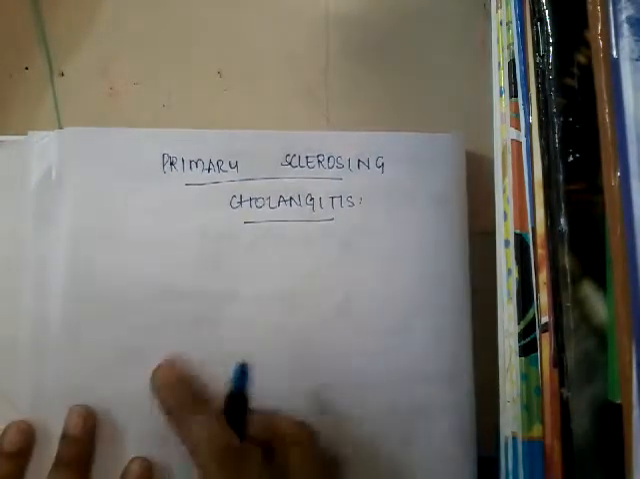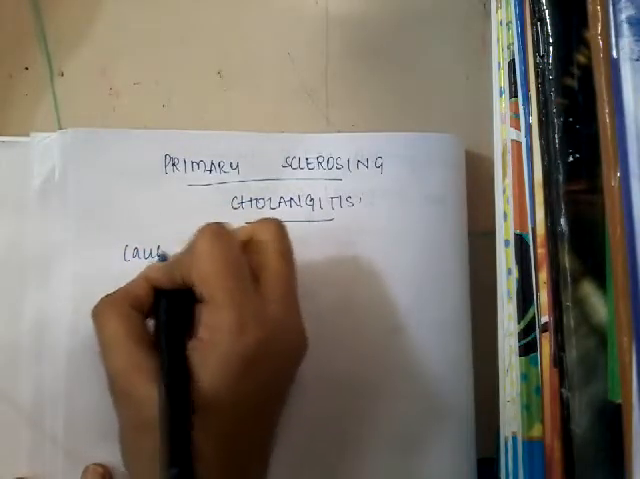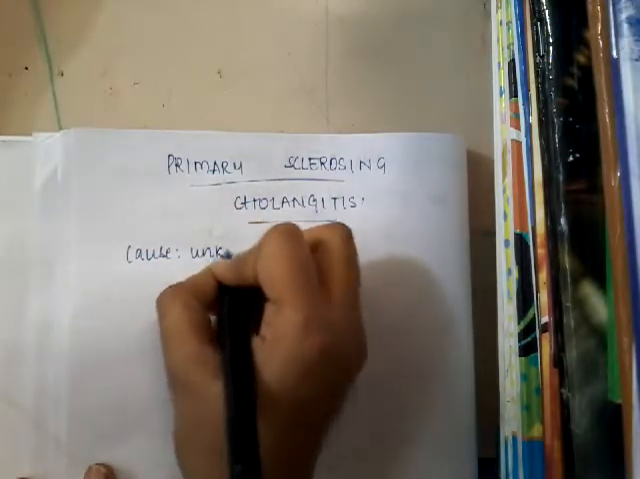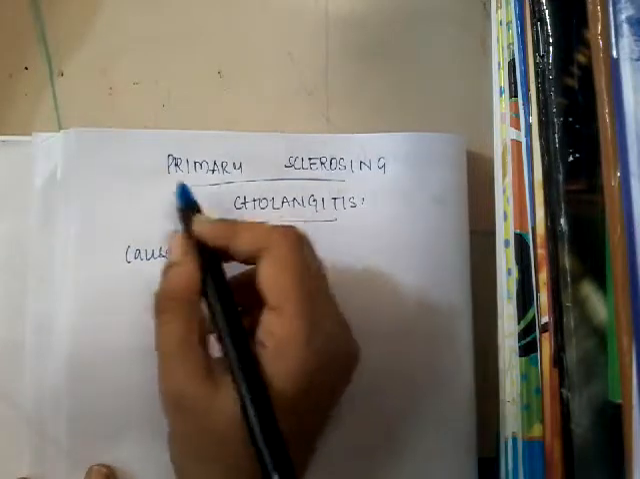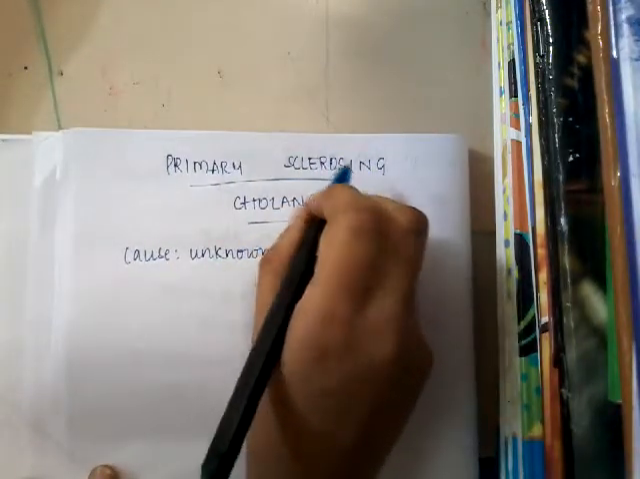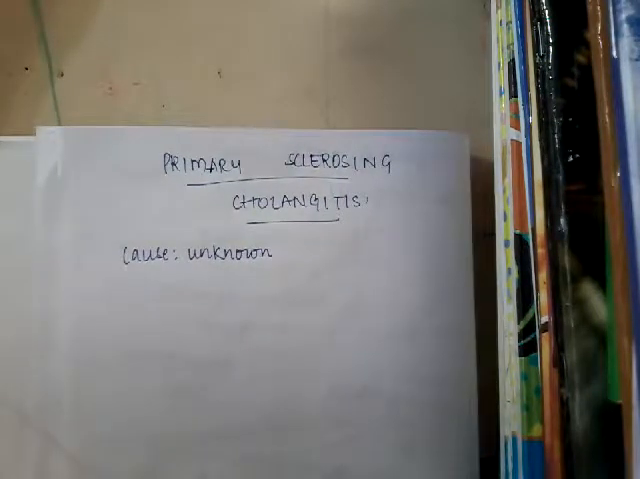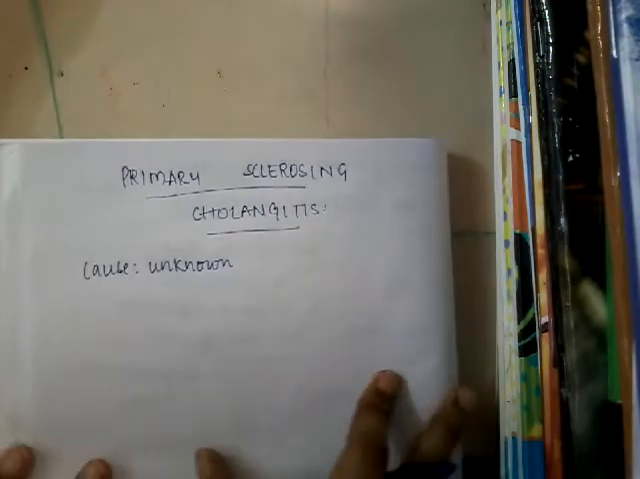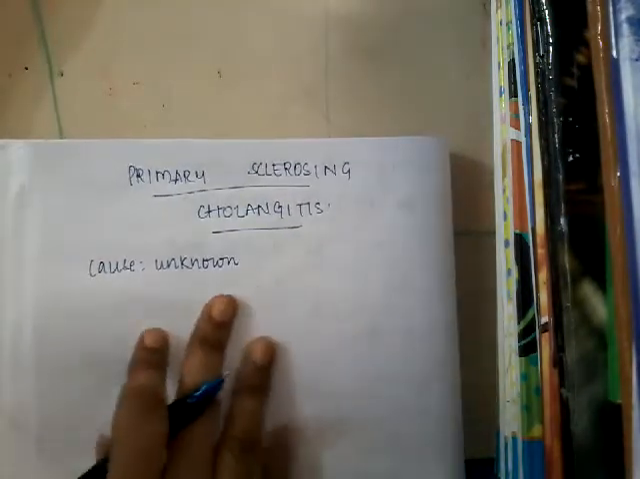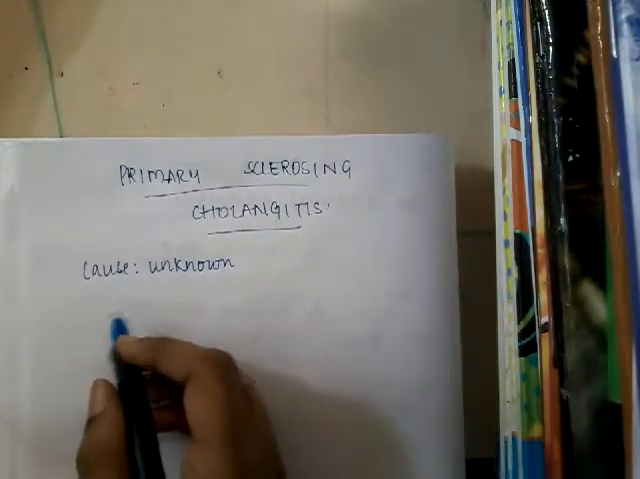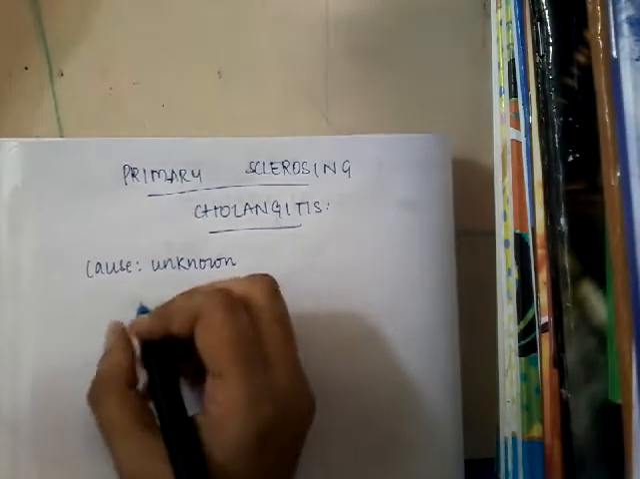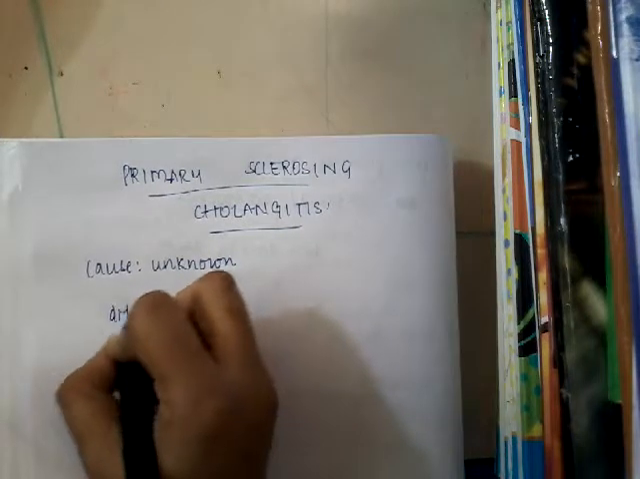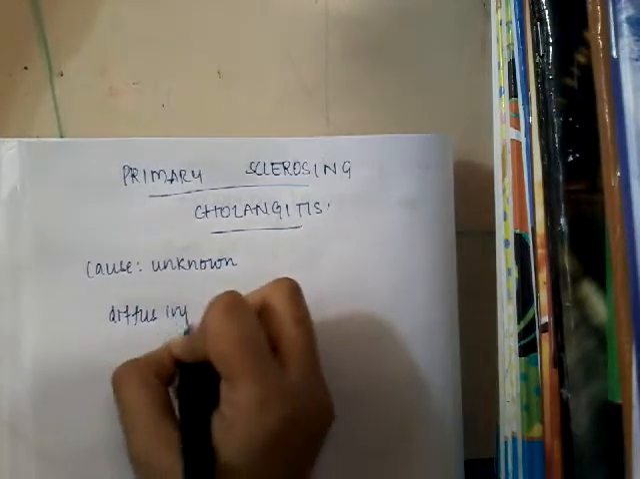So this primary sclerosing cholangitis, the cause is unknown. Primary, it is due to some disease in the gallbladder, and sclerosing is sclerosis, that is the whole lumen of the bile duct is filled with fibrosis, and cholangitis. Cholangitis is, as we know, inflammation of the bile duct. So here the main cause of it is unknown, and here there is diffuse inflammation